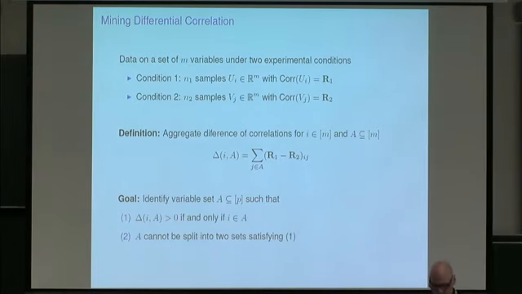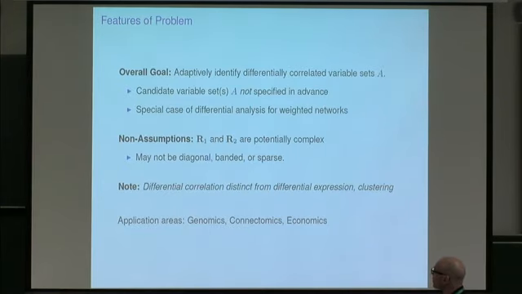Any other questions? Okay. So our goal, of course, is to do this with data, right? We don't have the true correlation matrices, so we're going to do the obvious thing and look at the empirical correlation matrices. And just to reiterate a point I made before, the variable sets are not specified in advance. So any subset of variables of any cardinality, regardless of how they're ordered, is a candidate. Obviously an exhaustive search is not something you can do when M is large. But you've heard that before. So we have to do something special.